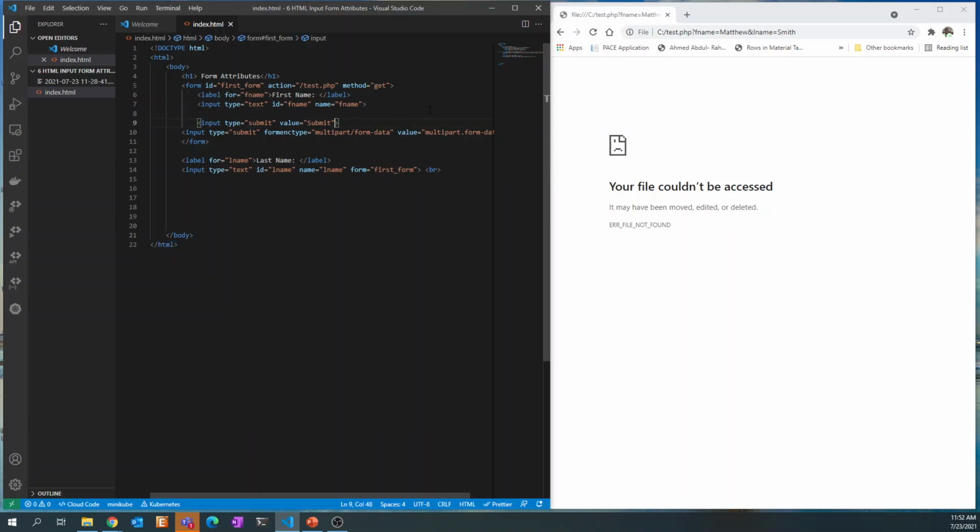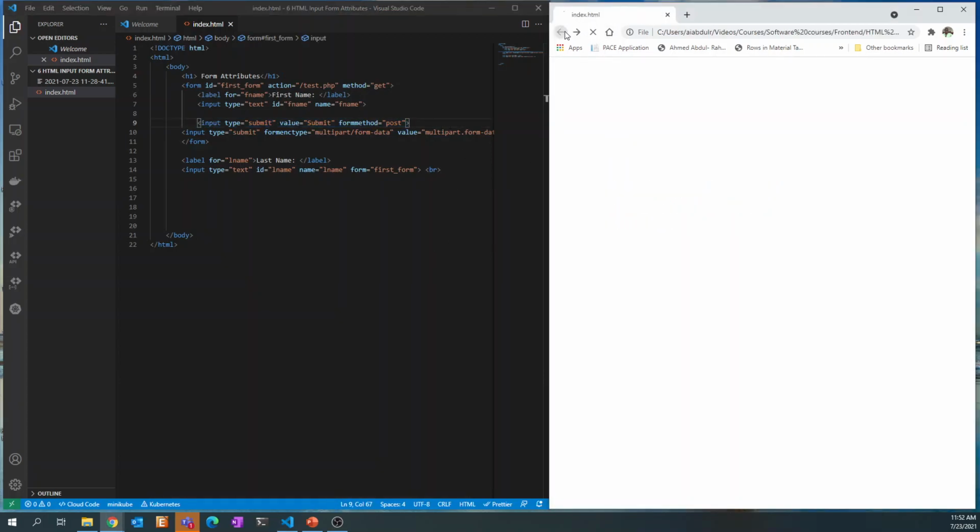You can now have the attribute that we are going to call form method, and then we name this maybe post or get. So this is get at the form level, but this input type submit has a form method that says